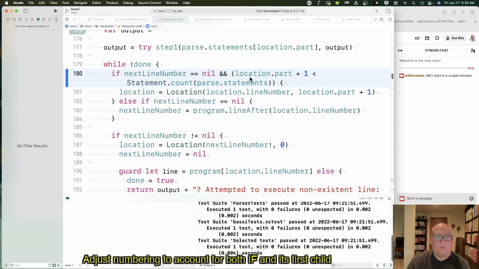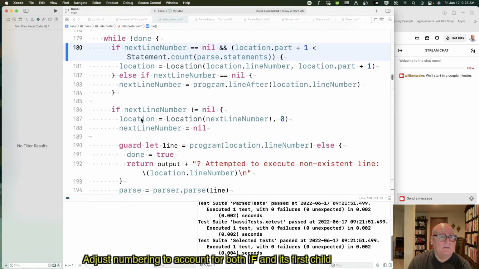Yeah, if our location.part plus 1 is equal to the count, then it means we're trying to get an index too high, and we've run out of parts on the line, so we need to go to the line after the current line. All right, and then if the next line number is not null, which it might be from that, then